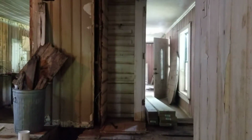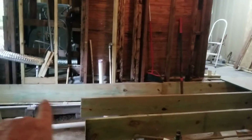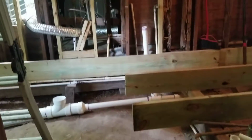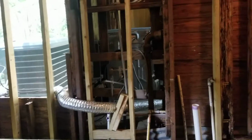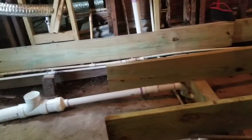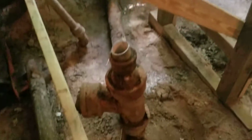This used to be the door coming into the bathroom right here where I'm standing. A little short hallway and a door going into what used to be a bedroom here. Well, we're putting the bathroom over on that wall, so we'll be back to back with the bathroom on the other side of that wall, and all the plumbing will be much easier to do. I'm taking all the old plumbing out over here,